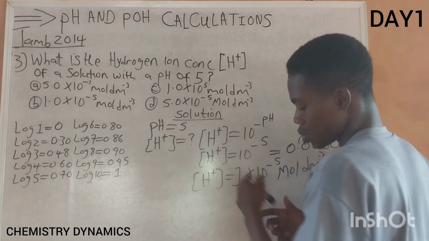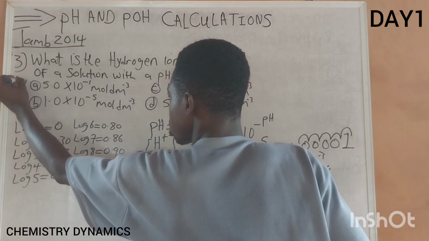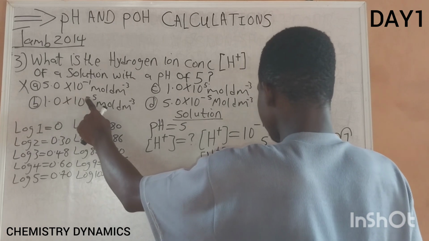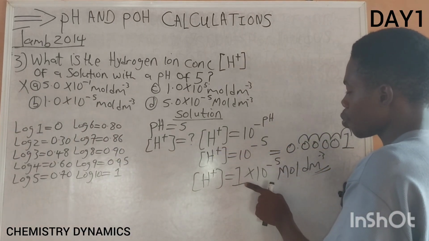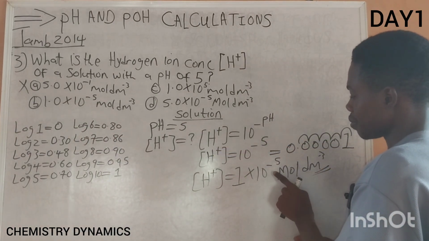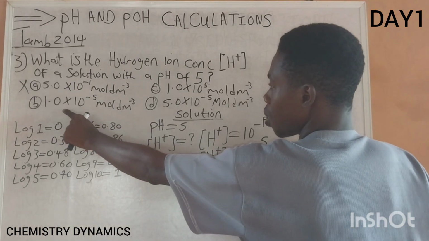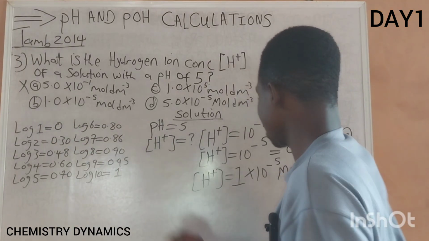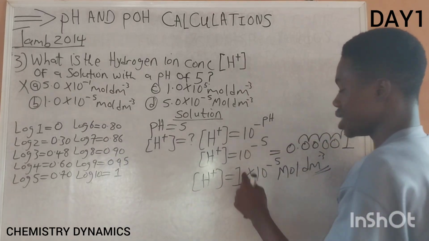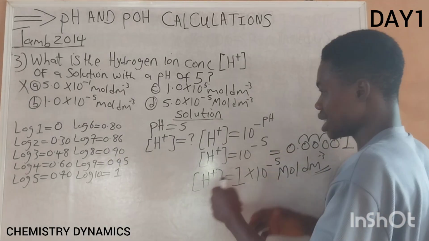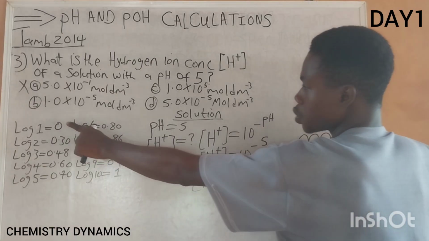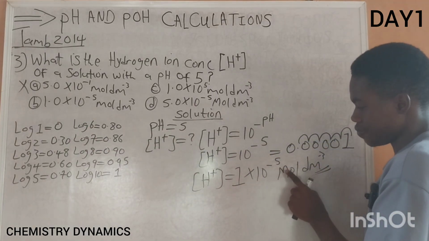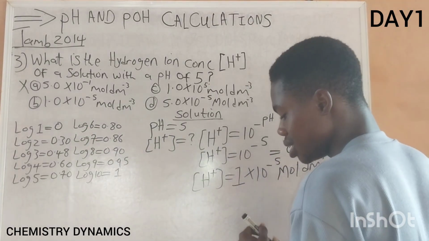Option A is wrong. Option B is 1.0 times 10 raised to minus 5, and here we got 1 times 10 raised to minus 5, which happens to be option B. Now 1.0 and 1 is the same thing. If you press the calculator, it says the same thing. So option B is 1.0 times 10 raised to minus 5, and we got 1 times 10 raised to minus 5 here, which means option B happens to be